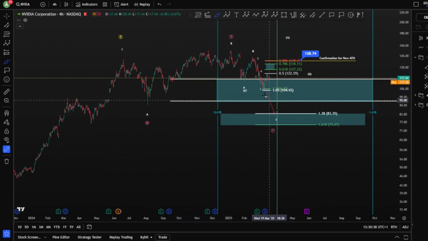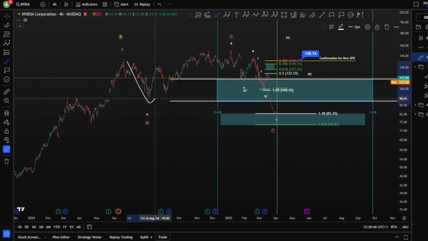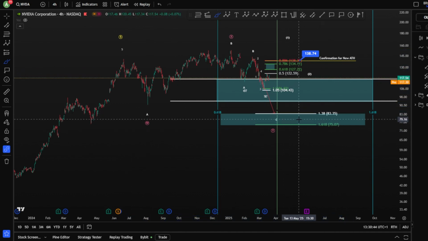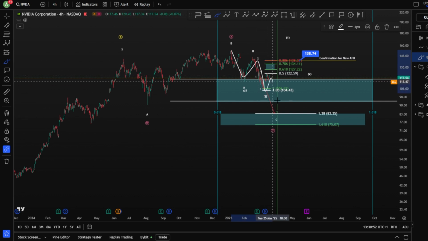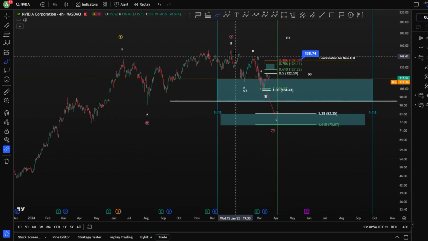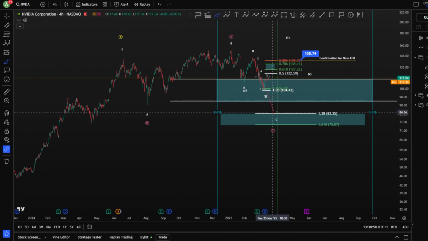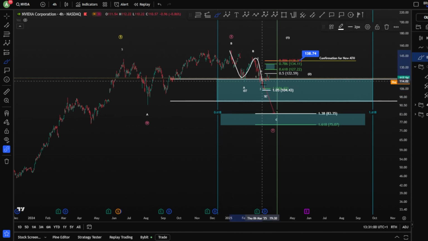However, if we are in an expanding flat here, ABC, your wave C has to reach the 1.38, 1.618, but it has to be impulsive. Currently, we don't see any kind of impulsive wave: 1, 2, 3, 4, and a 5. Where is it? There is no wave 3, meaning it has started, of course, to rebound after 3 waves